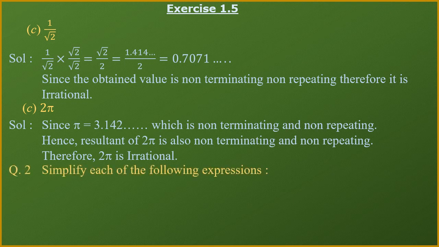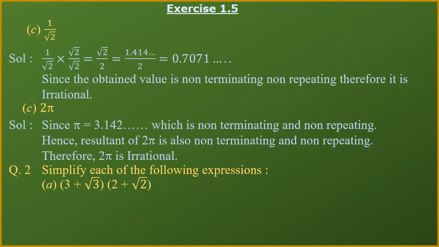Okay, now let us see question number 2. In question number 2, they are saying you have to simplify the given expression. So let us see the first part. 3 plus under root of 3 needs to be multiplied with 2 plus under root of 2. See, in earlier classes you have seen how to multiply polynomials and algebraic expressions. Initially you learned how to multiply numbers. Now we are seeing how to multiply these two algebraic expressions where the root signs are given to us.